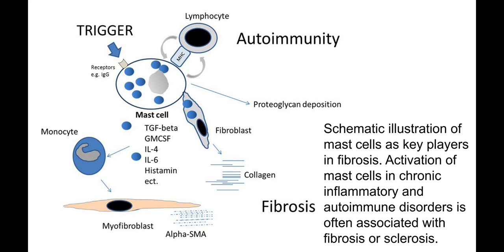So the production of collagen by fibroblast cells. Activation of mast cells in chronic inflammatory and autoimmune disorders is often associated with fibrosis or sclerosis. Again, it is very important, and if we suppress the activity of mast cells, it can help to reduce this